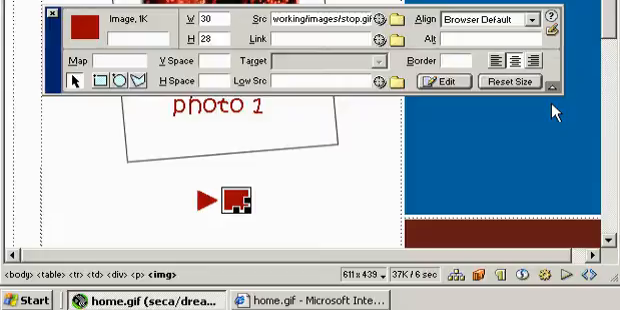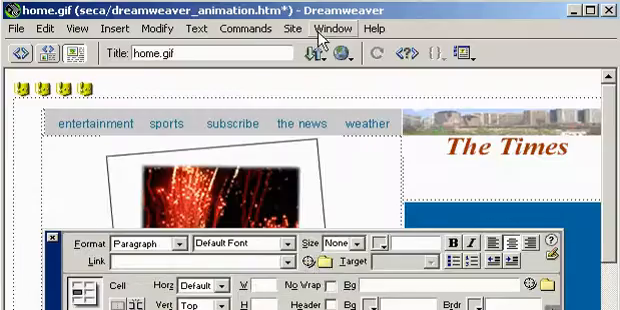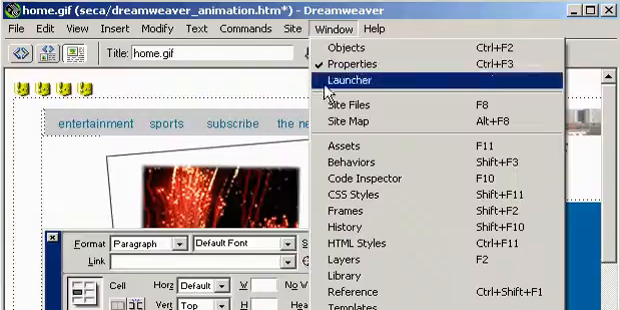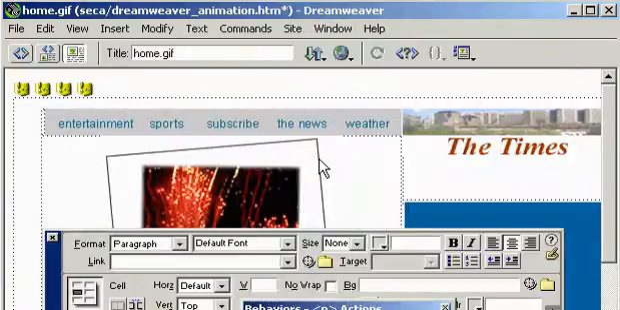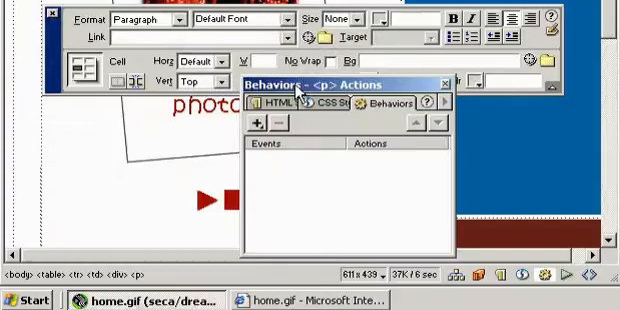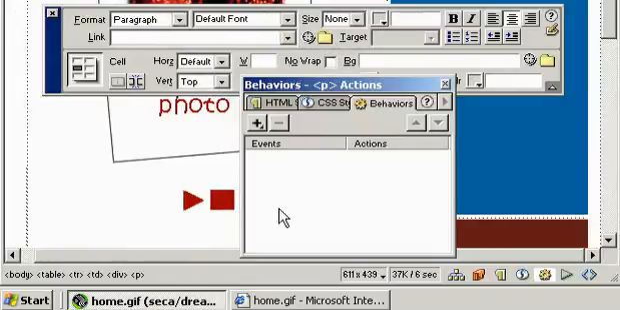To let your visitors control the slideshow, let's close out our timeline, and let's go into the Window menu and access the Behaviors panel. The Behaviors panel is what you use in Dreamweaver to add JavaScript. So if we want to control this timeline by having the visitor press this button and play the timeline, we'll